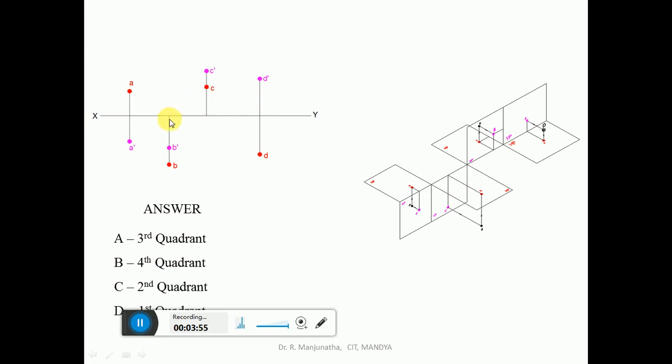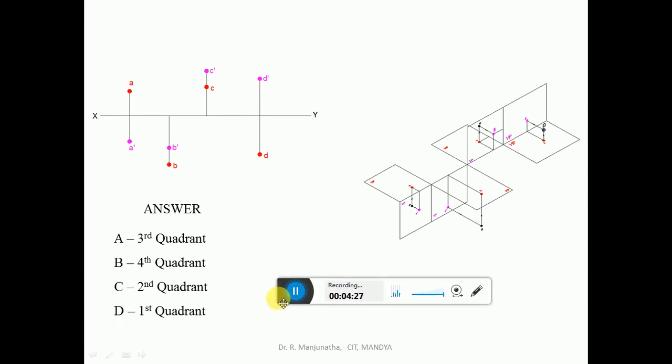And again you draw a vertical projector at any convenient distance from B, and then he says front and top view is above xy line. So this is possible only in the second quadrant, wherein C and C dash both will be above xy line. And then draw a vertical projector at some distance from the projector C, and he says the front view is above xy line, so D dash will come above xy line and the top view will become below xy line, so D will come below xy line. So this is possible only in the first quadrant, therefore capital D lies in first quadrant.